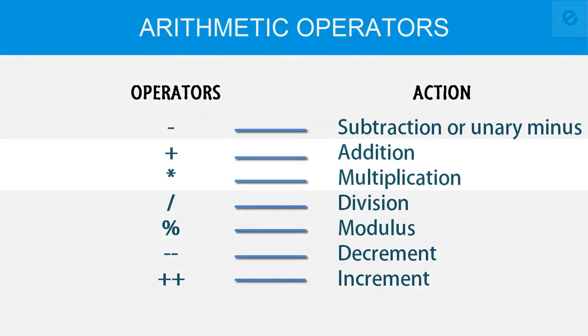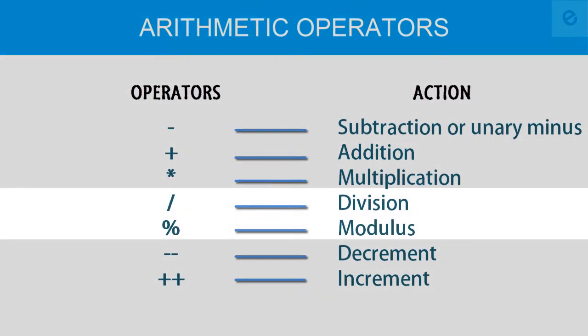So now let's talk about the addition and the multiplication operator. We don't really need to bother about these two. They both work in the same way as the subtraction operator does. Only the difference is that the plus sign would add the operands, while the multiplication would multiply it. So it is pretty understandable. So now let's jump onto division and the modulus operator. These two operators are important ones to discuss here. So let's start.